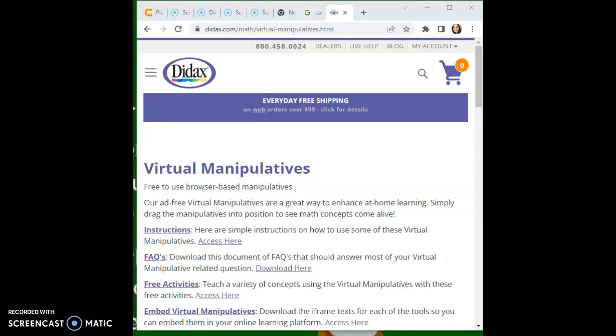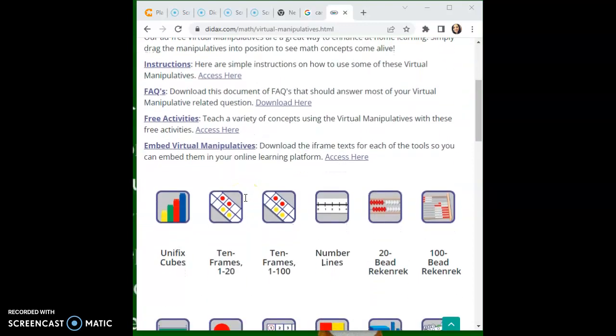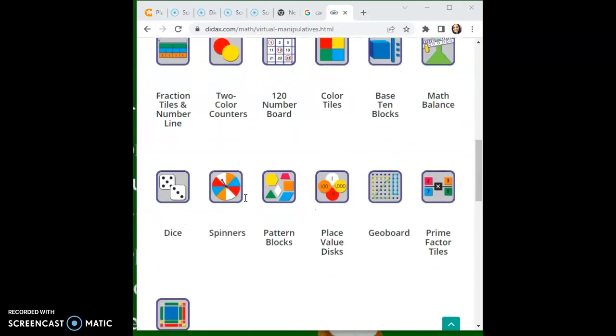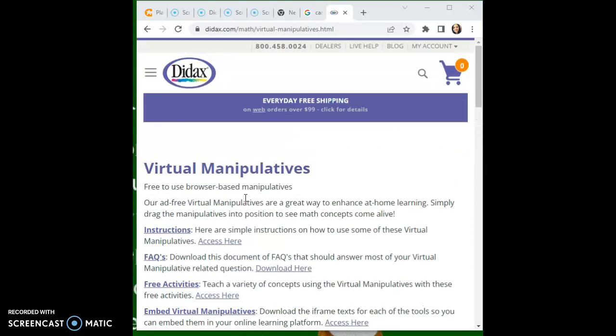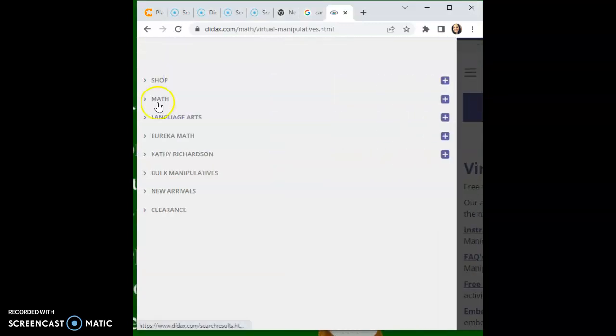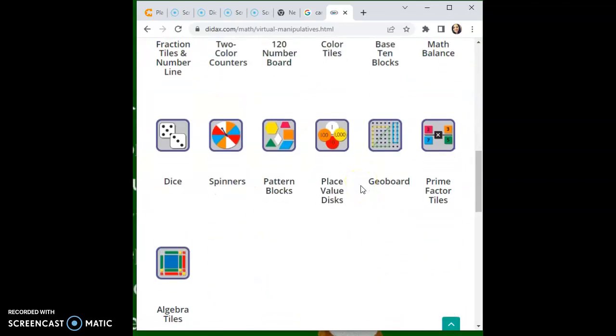Hello, this video is about virtual manipulatives through the website Didax. I wanted to find other math manipulatives, like virtual manipulatives, that weren't attached to a website that was full of games. So here's the website, and these are all the manipulatives that they have. There's no other games right here. The website does have other components to it over here, but this is the only part that would be beneficial